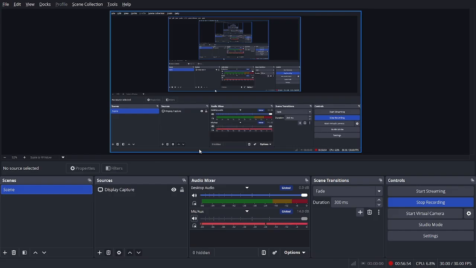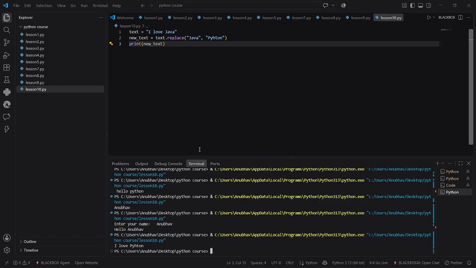We don't have to replace complete words. We can also replace individual characters. Remember when we talked about strings being immutable? Replace doesn't actually modify the original string, it creates a new string. Now moving forward,